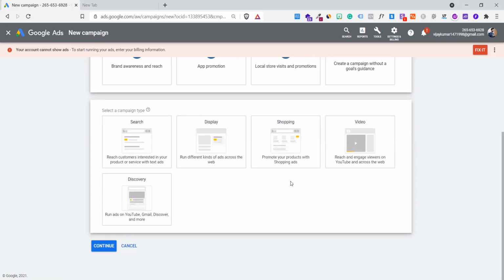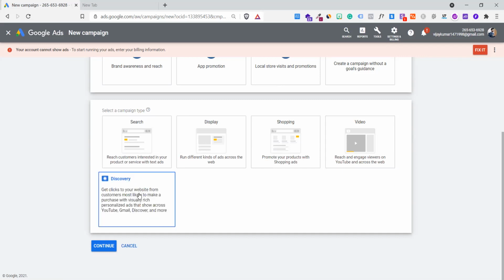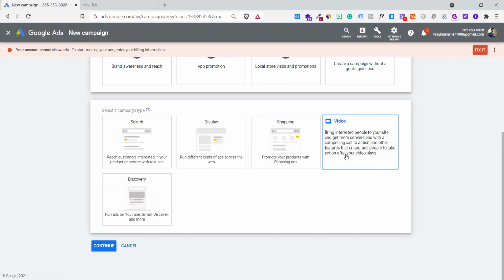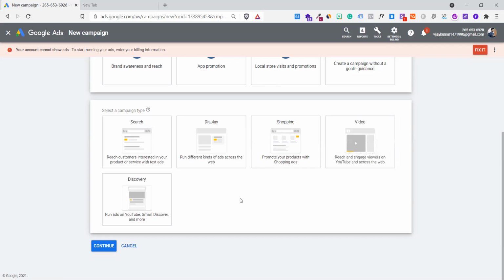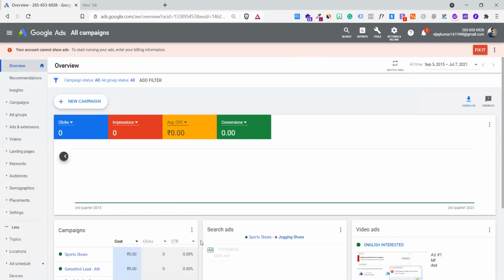Now it's your understanding of when to use discovery and when to use video. Sometimes we also get confused about which one is really going to work, discovery or video. So what you do is create both campaigns, split your campaign budget, and see whether the discovery campaign or the video campaign works better. How much time will it take? Hardly half an hour for each, correct? In 1 hour both campaigns are ready. So never feel lazy while creating campaigns. Do the hard work and you will get results. The moment you go deep and create multiple campaigns in a day, you'll get to know how this works.